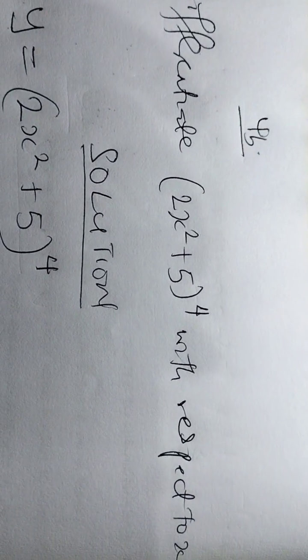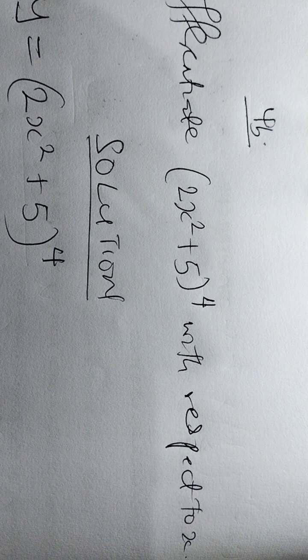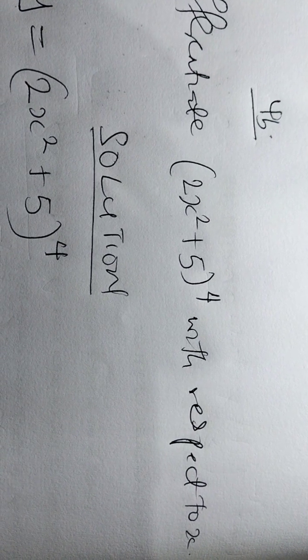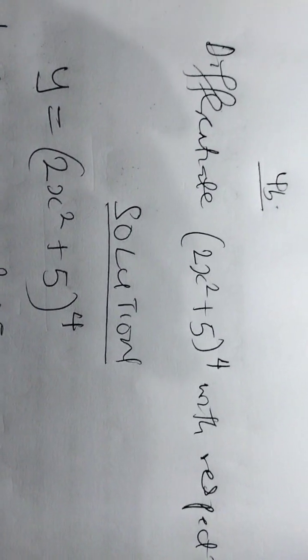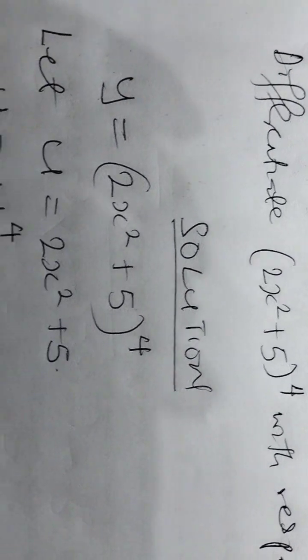For B, differentiate the expression (2s squared plus 5) to the power 4 with respect to s. So that expression is a function of a function. Solution: